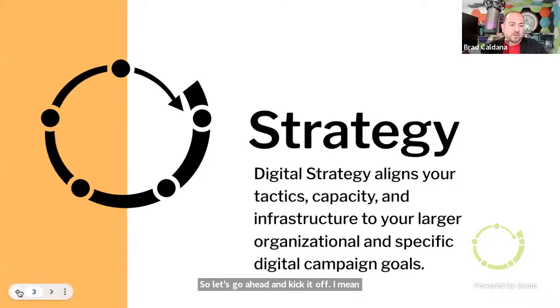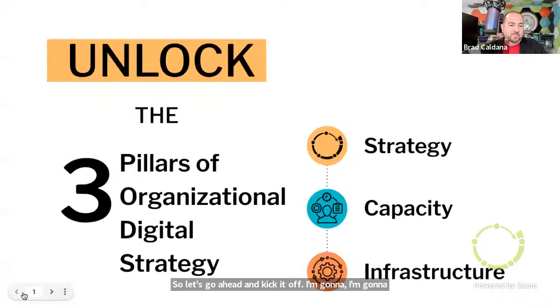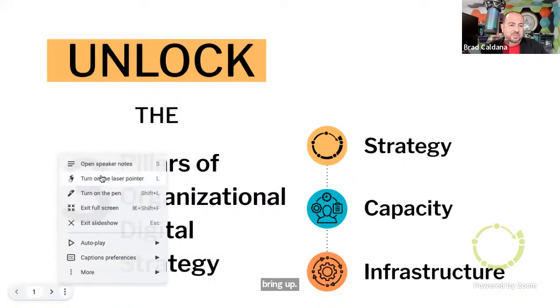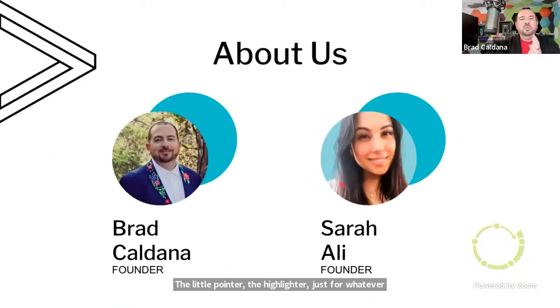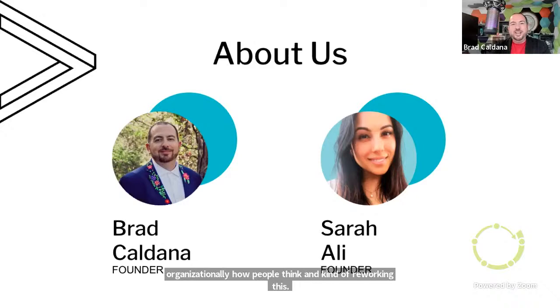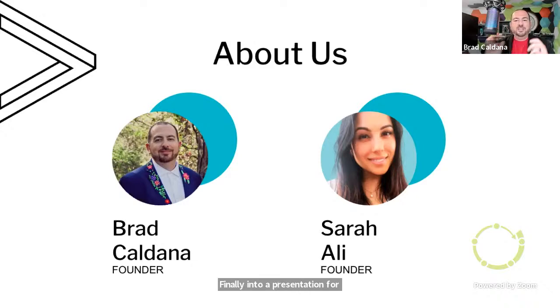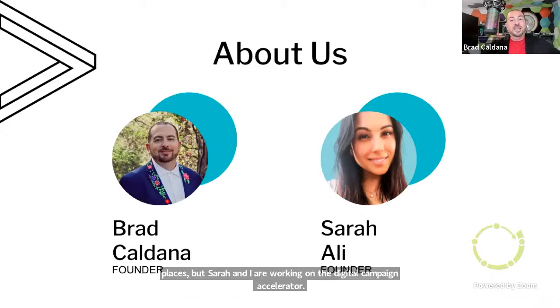I'm going to bring up the little pointer, the highlighter, just for whatever reason that helped turn on the laser pointer. So welcome in. Today we are talking about the 3 pillars of organizational digital strategy. This is a concept I started talking about a couple of years ago, and it's been a really big part of thinking organizationally, how people think, and kind of reworking this finally into a presentation for folks. So I've been talking to folks about it. I've included a slide across a number of places, but Sarah and I are working on the digital campaign accelerator. And so this was a really great chance to formalize this